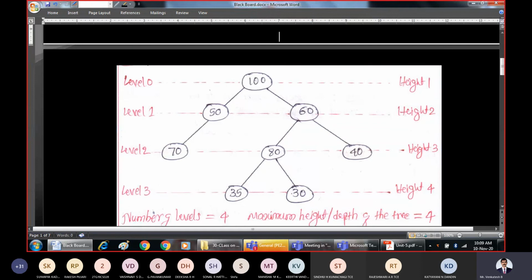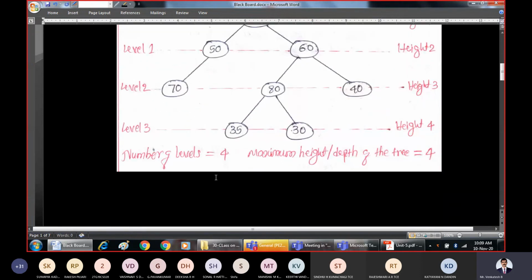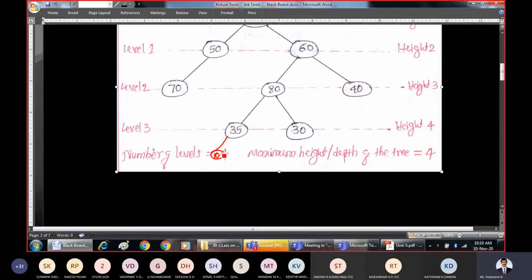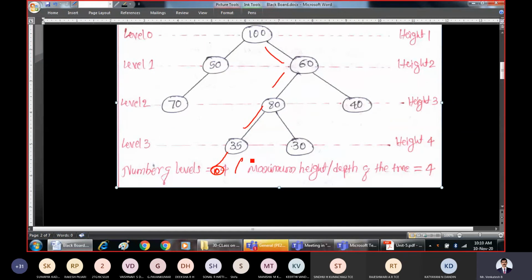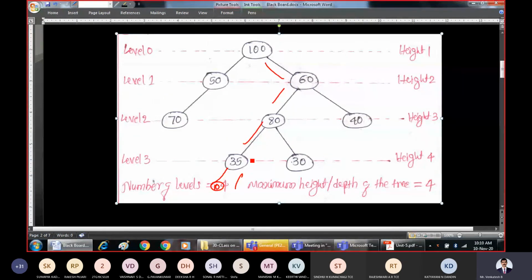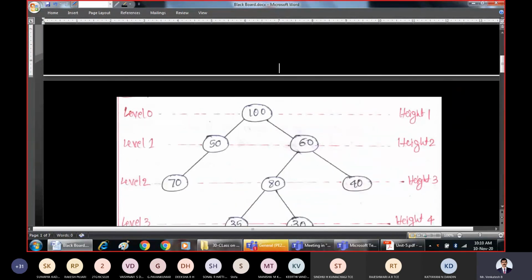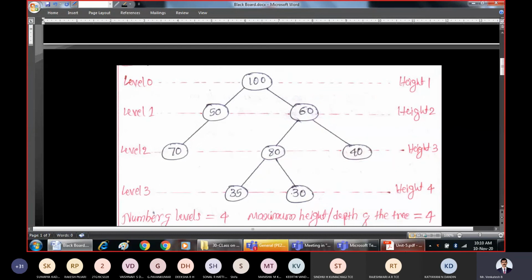So for example, if I modify this diagram something like this, and if I write some number, say 10, here, what will be the level of 10 now? The level of 10 will be 4, because it is at a distance of 1, 2, 3 and 4 edges. So the level of 10 is 4. Basically, the distance of a node from the root node is called its level. Plus 1 is nothing but the height of a node, which is shown here.